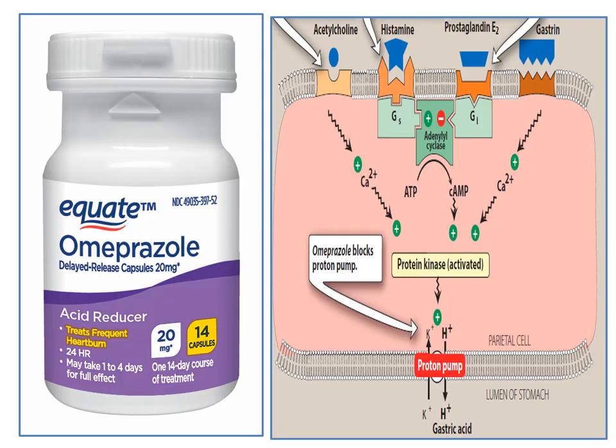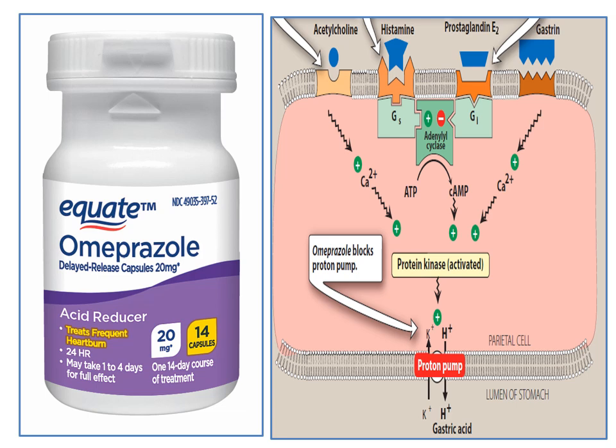Now the picture on the screen here on the right side is a picture of omeprazole. Omeprazole is a typical example of a drug that acts through carrier proteins. The particular carrier protein that omeprazole acts on is the proton pump. Proton pump is a carrier found on the parietal cells of the gastric tissue, and proton pump is involved in